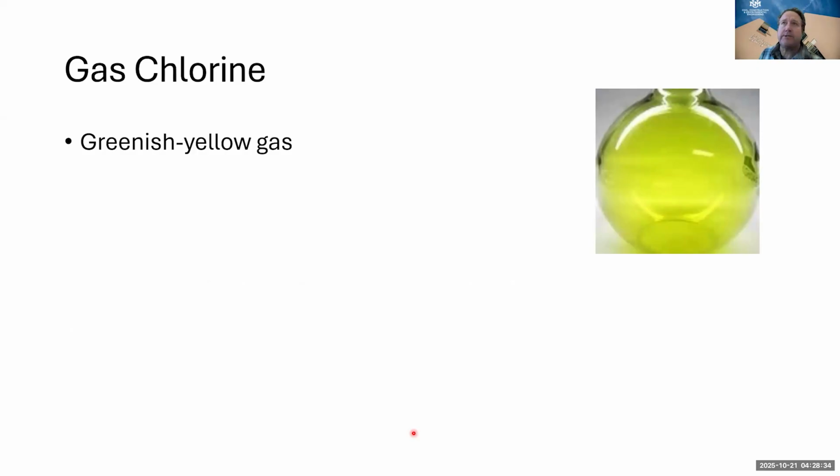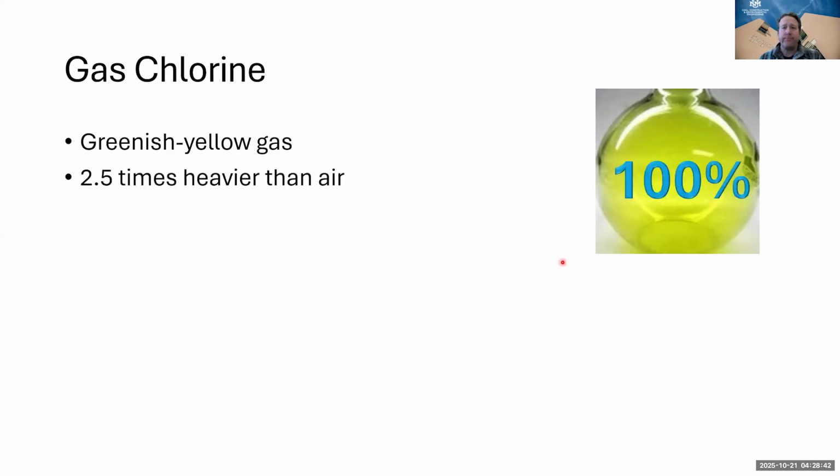So when we talk about gas chlorine, it is a greenish, yellowish gas, just like it shows here in this flask. This is what it shows up as. One of the key properties of it is that it's 2.5 times heavier than air. And so it's going to go down to the ground and sink and displace oxygen and displace air